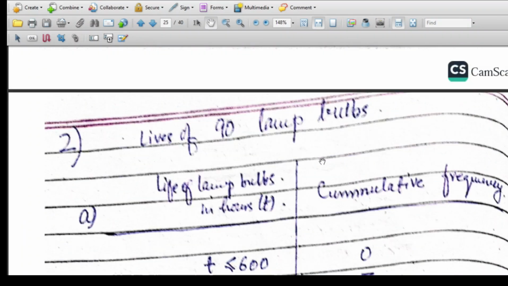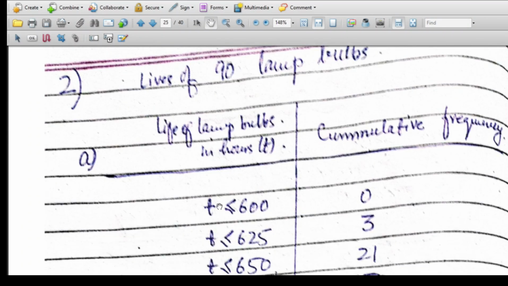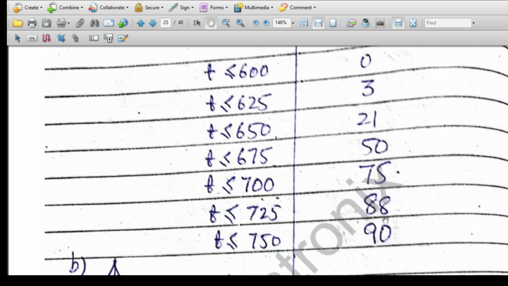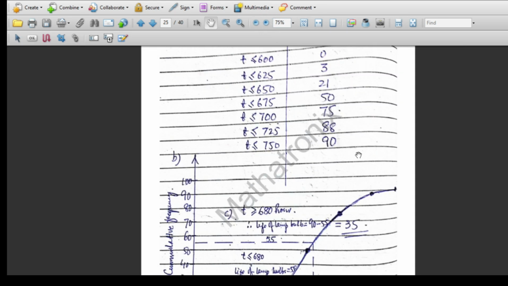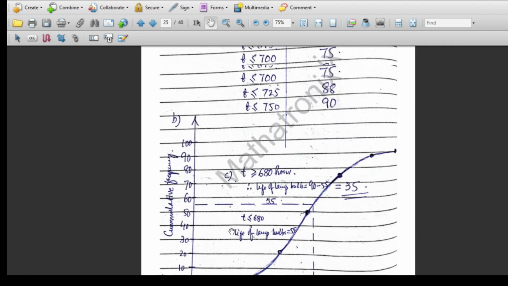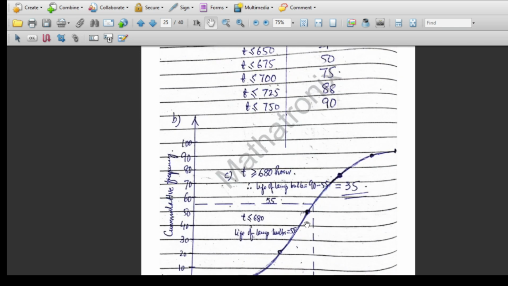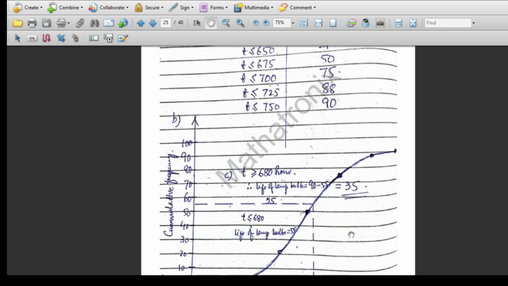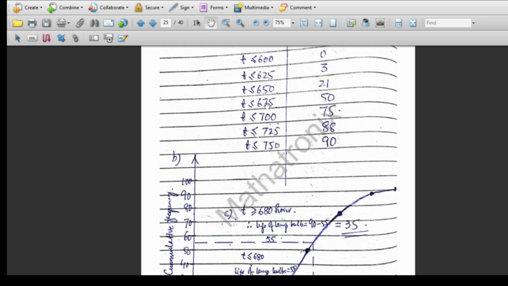So from the given information, we draw a cumulative frequency at 0, 3, 21, 50, 75, 88, and then 90, and we draw this here. At 600 we have the value 0, at 625 we have 3, at 650 we have 21,